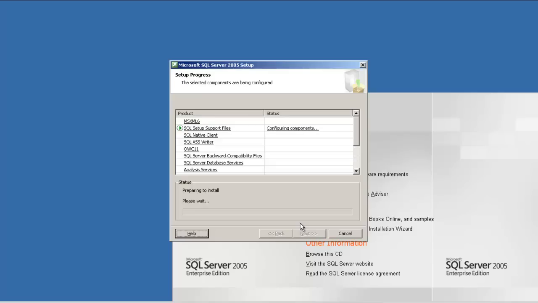But because this is just a demo for the SQL Server installation, this is how you do it. This is the first instance, instance name 11, getting installed. As you can see, it has started installing SQL Server, and it's going to take some time. These are the details of the components that you have selected. As you can see, it is all going to be getting installed. It is going to take some time.